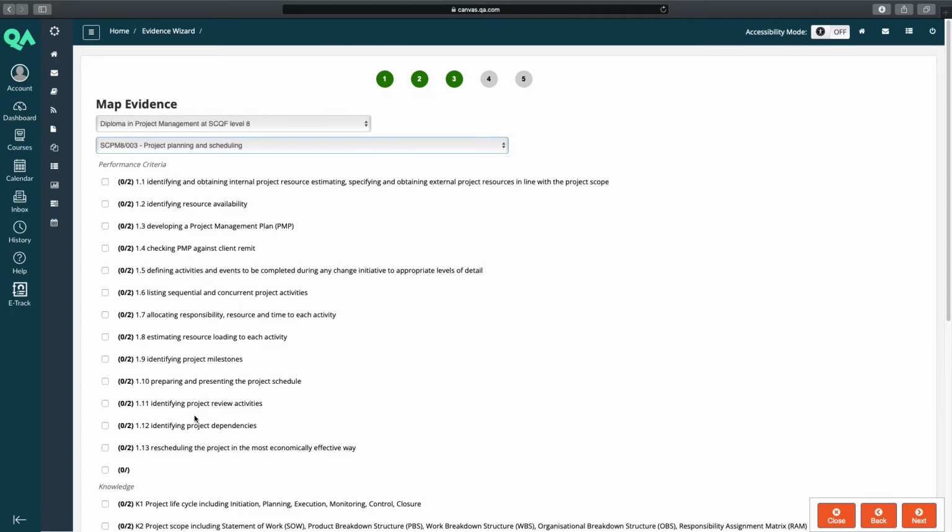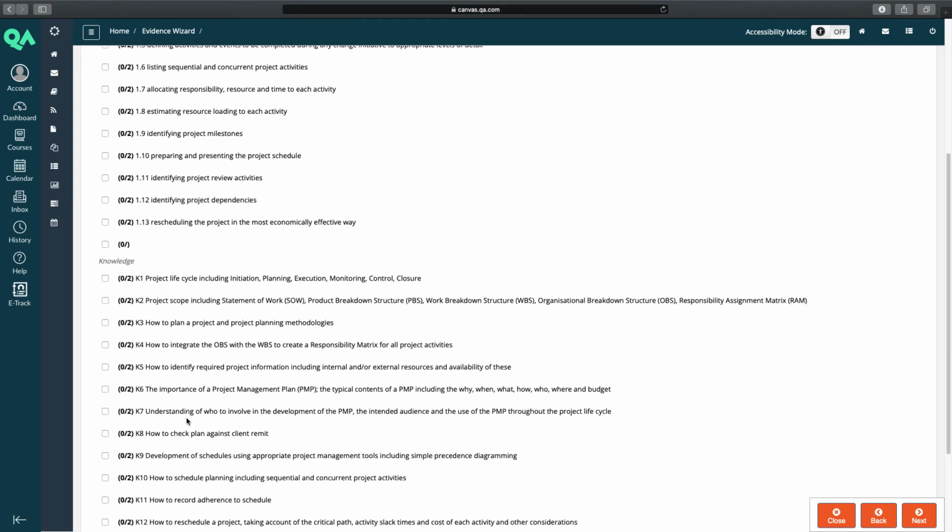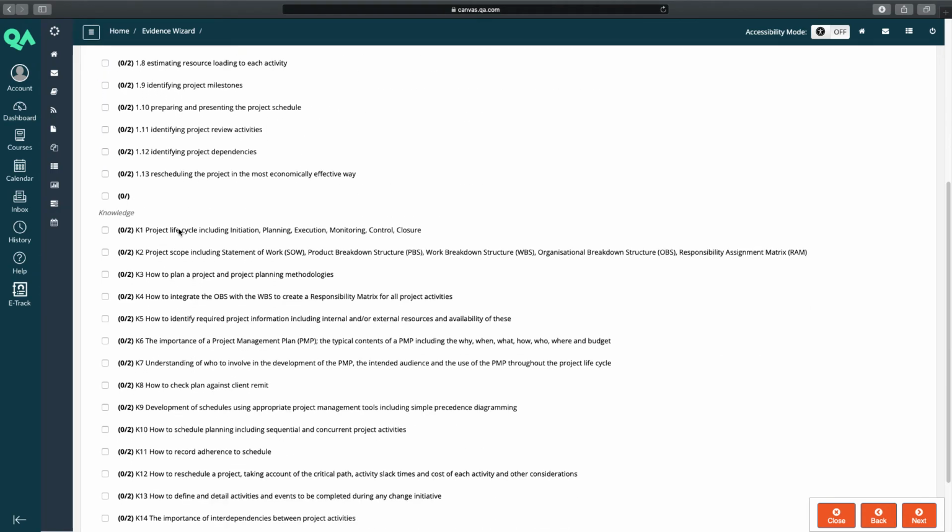and you'll then have a list of all the criteria which is in that unit, and then you'll also have a box which you can tick. So you'd want to go through, read the criteria and say, okay, I think this document covers this point, and then you'd tick the box that's next to it. Okay. So let's say in this evidence, it shows that I have identified resources estimates, checked availability, checked it against the remit, and developed a project management plan. And I've also covered some knowledge, which includes a bit about the project life cycle